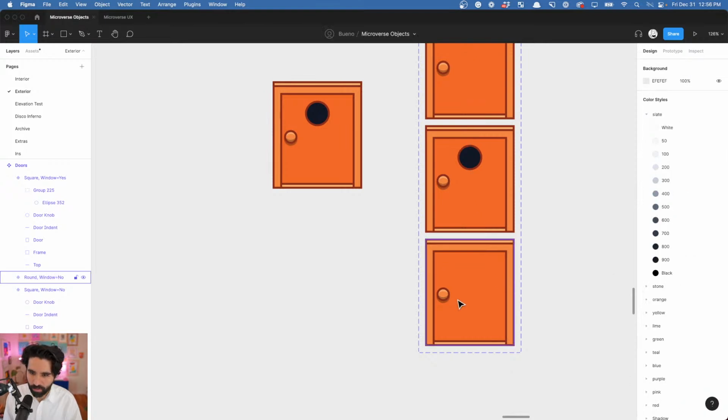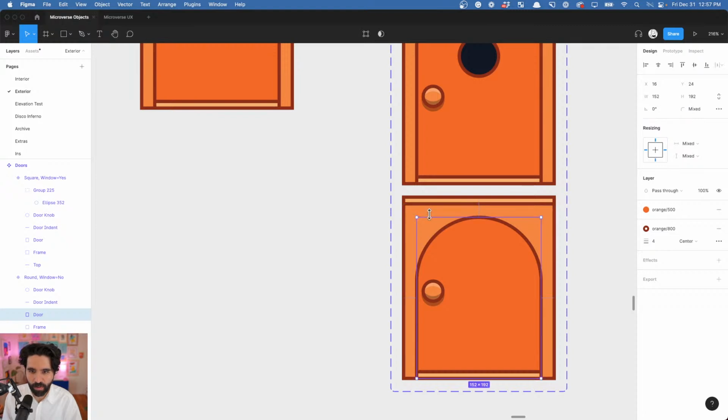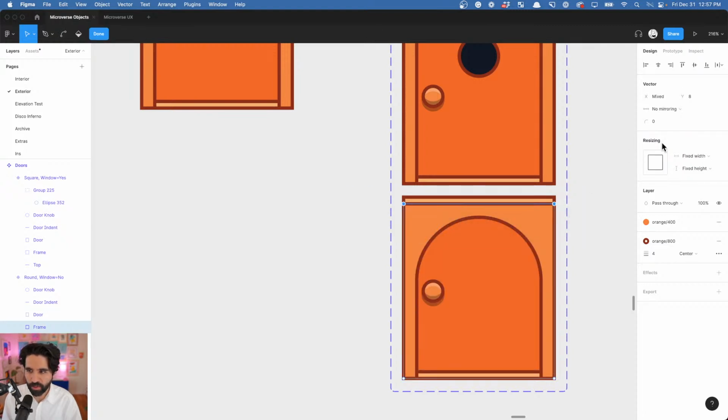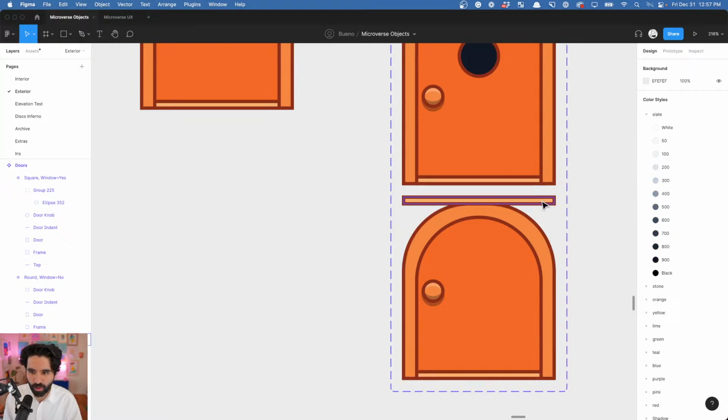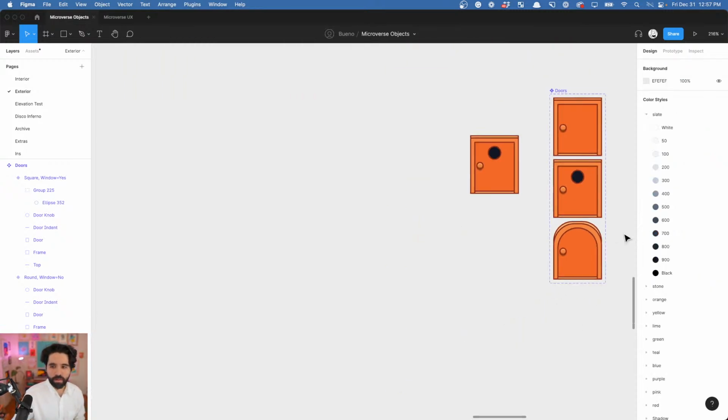So now let's use the same thing, and let's add some corner radius to it. You know, 80 pixels here, and let's do the same here. 80 pixels, 80 pixels, and this dude should be like around maybe this size, and on top. And you know what? I'm just going to say the whole thing, 80 pixels. There you go. And now we have a door. We have a door with